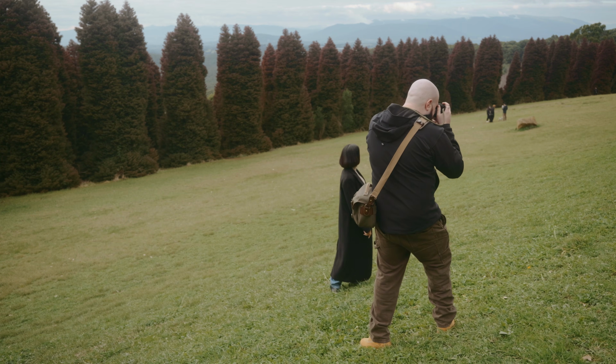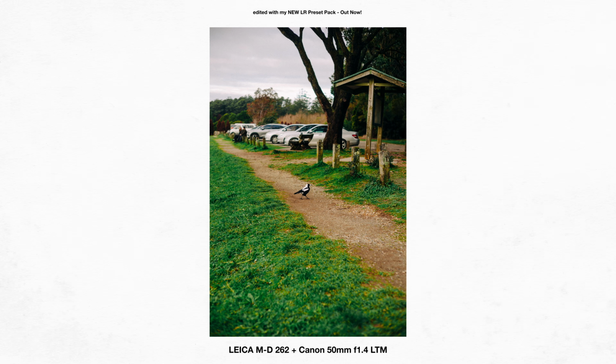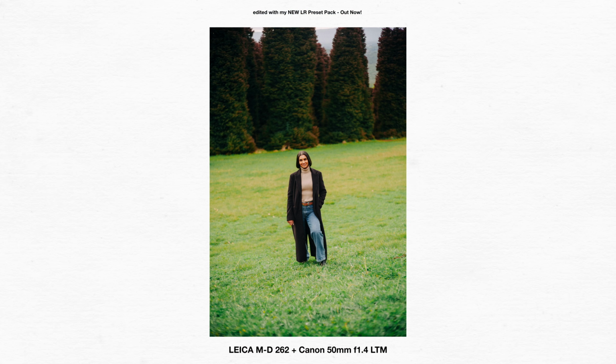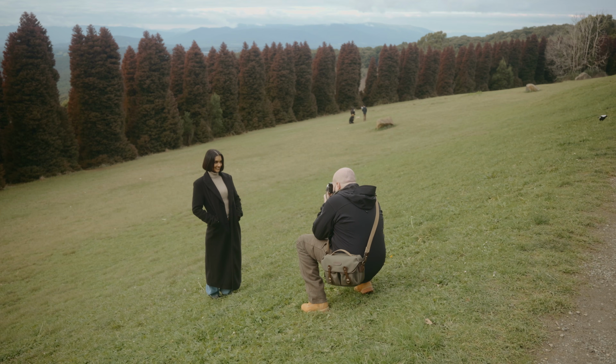Wow. Let me get that magpie. Is he going to... oh, he's moving. That's at 2.0. I have no idea if that's going to be in focus. We'll find out. There is something so nice about using a rangefinder camera to shoot with. I think this shot would look really cool